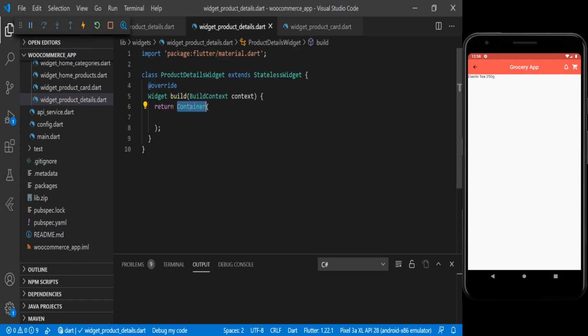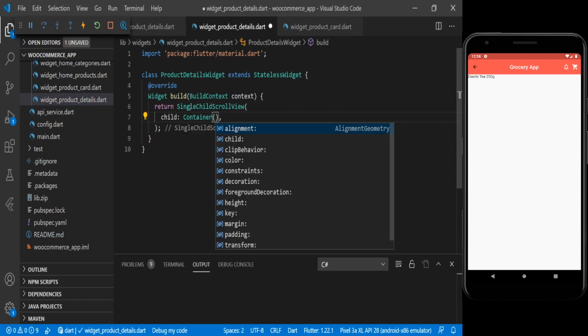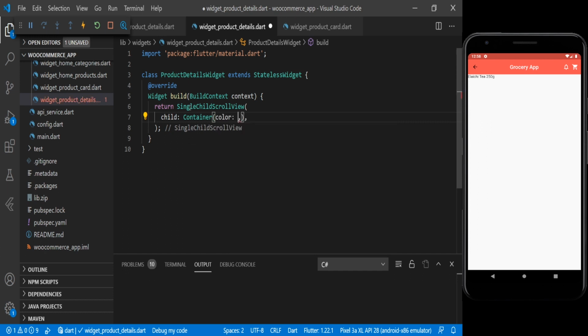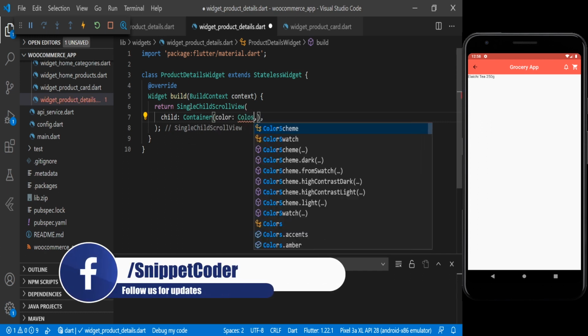And here we will use our SingleChildScrollView. Inside that we will use one container here, and we will have the color here, and for the color we are using Colors.white.